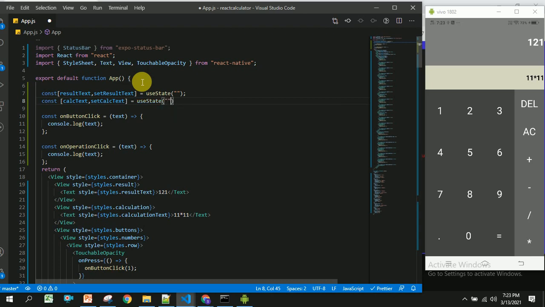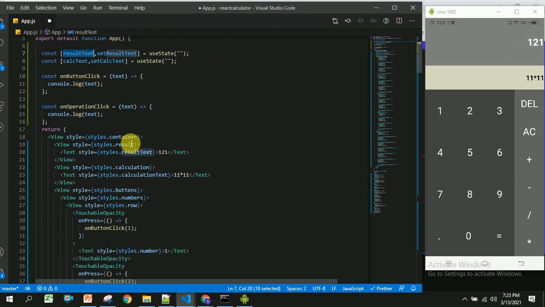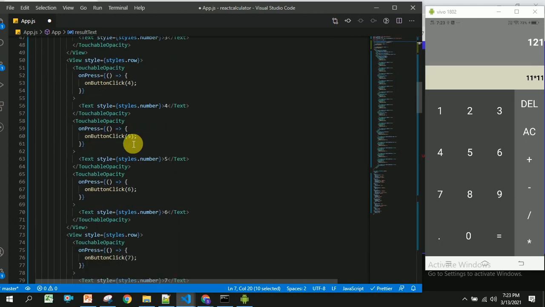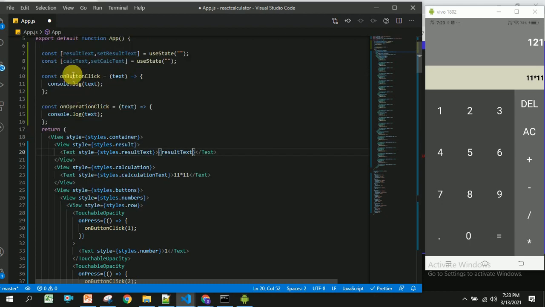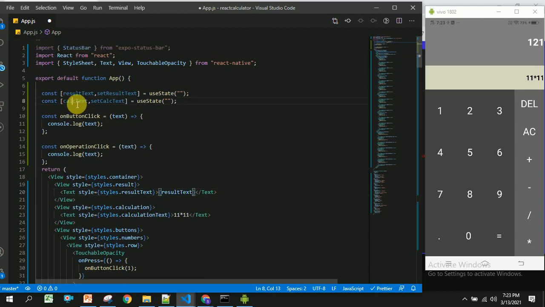and I am going to show this result text in the place of 121. I am opening some braces. Inside this I am going to place this result text, and I am going to use this calculation text for making some calculations here.